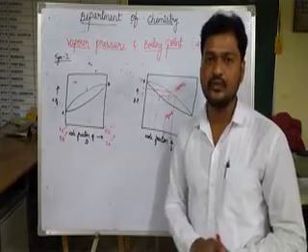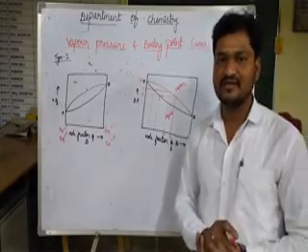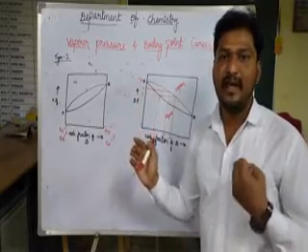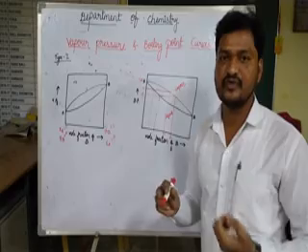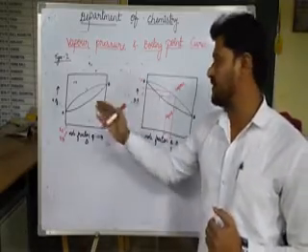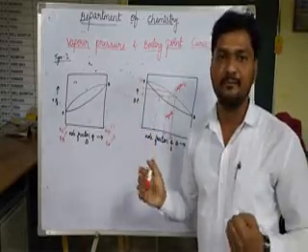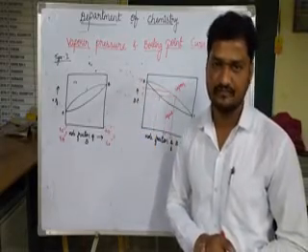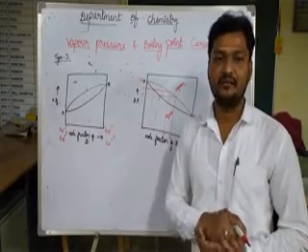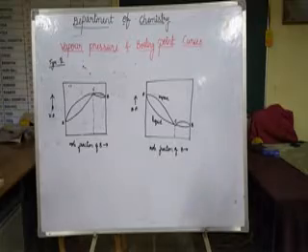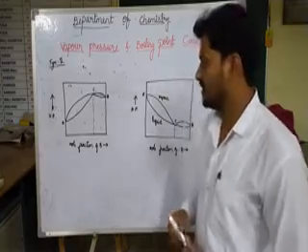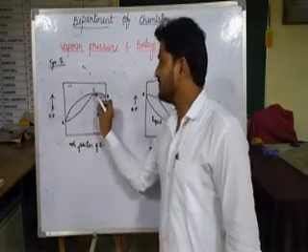Whereas in the type 2, we get curves where the vapor pressure and boiling point will show a maximum point with respect to composition. In type 3, vapor pressure and boiling point will show a minimum with respect to composition. So let's talk about the type 2, in which it will be showing a maximum. Now let's talk about the second type of curve, in which the vapor pressure shows a maxima here at the point C.